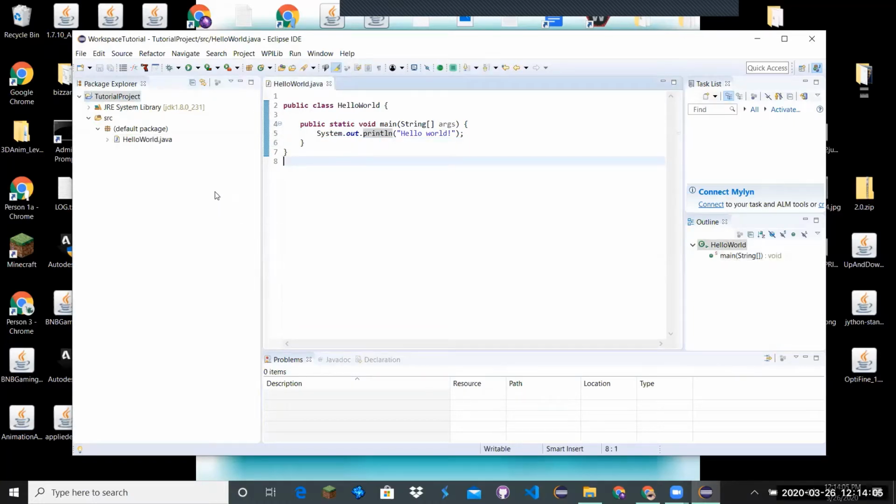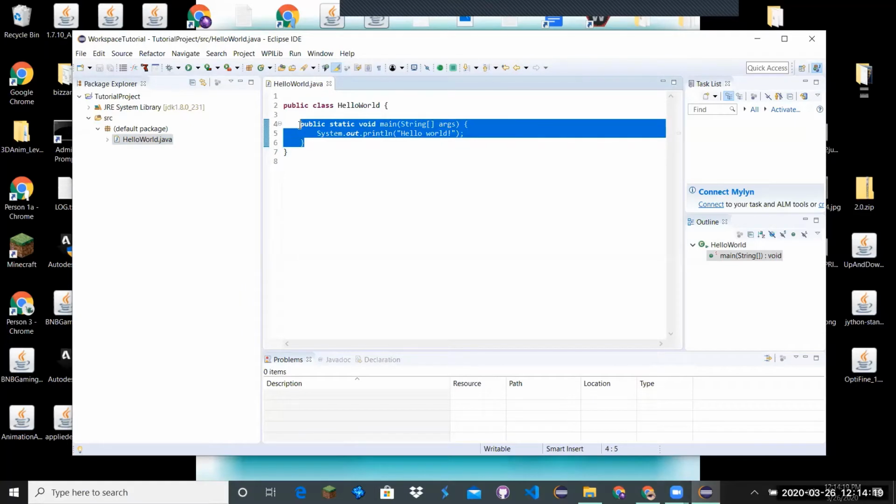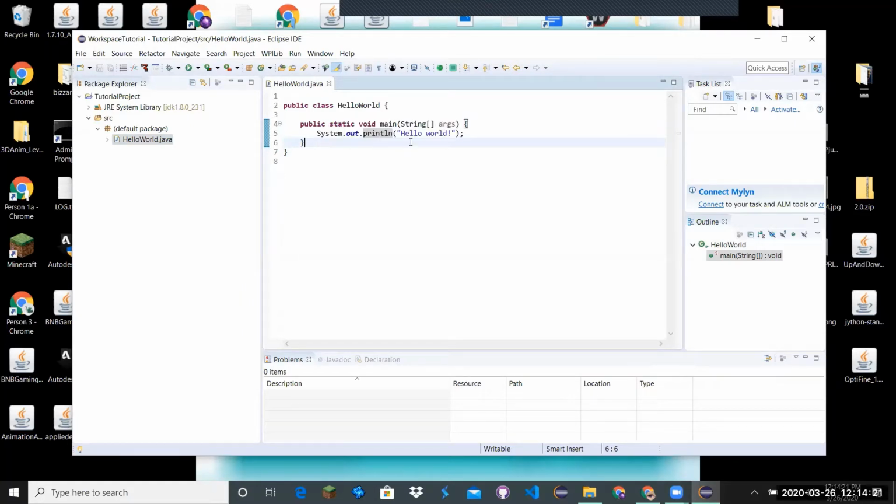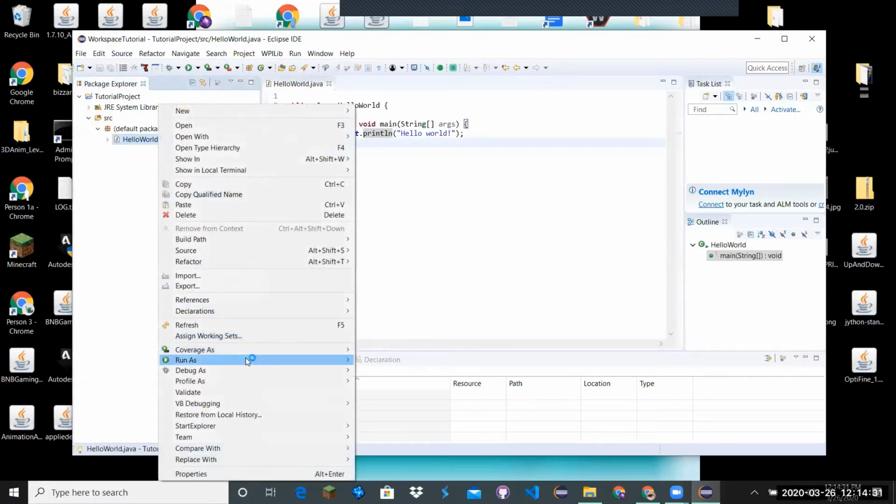Okay, so usually, if you've run the program before, you can go up here and click run. But since you've never run the program before, you have to do it a different way. You have to right click on the file which you have the main method in. This is the main method. And any file which has the main method is the entire program. So the program will only run using this main method. If you have multiple main methods, you have to specify which main method you want to use. So you right click on this file, you click run as one Java application,